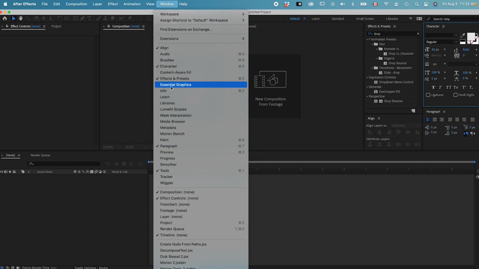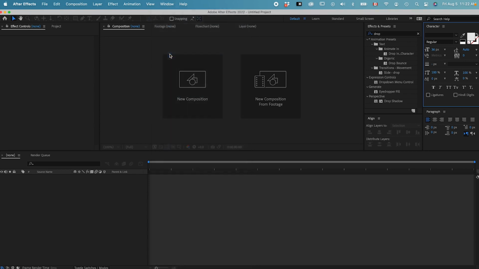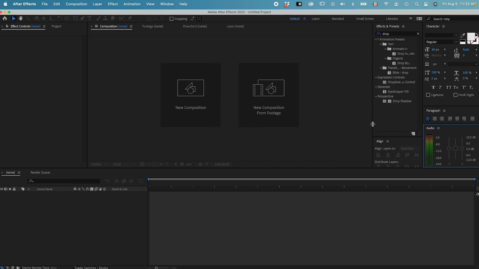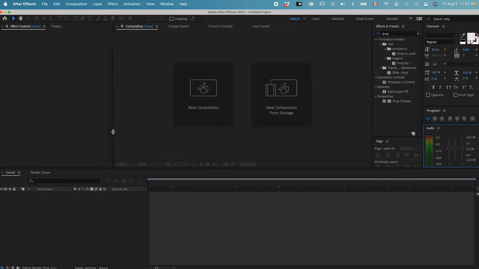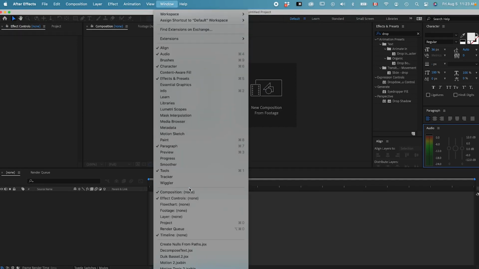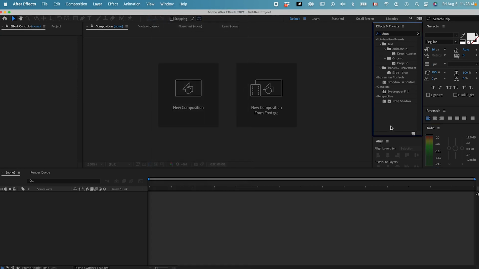If you want to turn on something else, let's say if I want to find the audio panel, I click on the audio and you can see the audio shows up over here underneath. I can also pull this down a little bit to give it more room. All these panels, I can adjust the size of it so that it's more accessible and it's helping me through my project. Let's go back to the windows and we can turn on all these different panels based on our needs for the project. And that's it about the